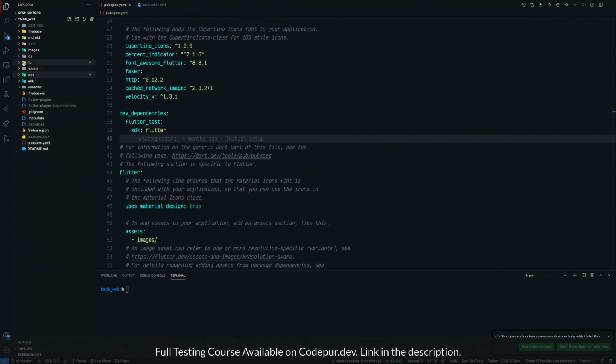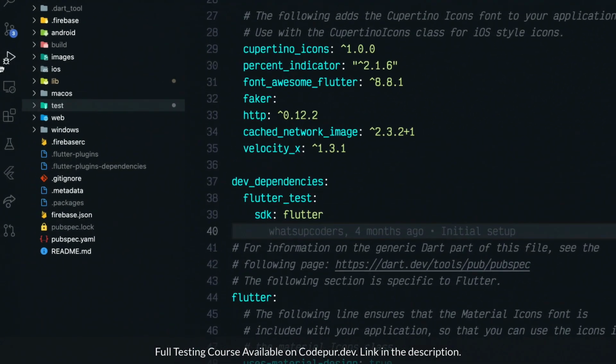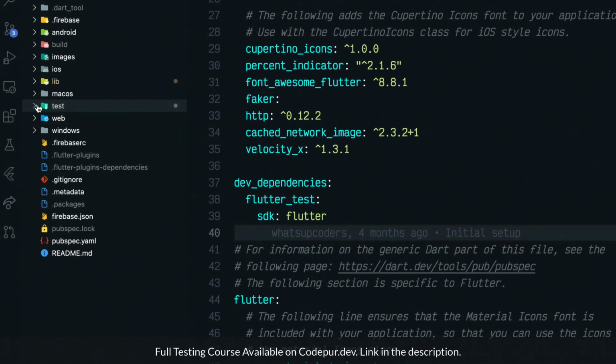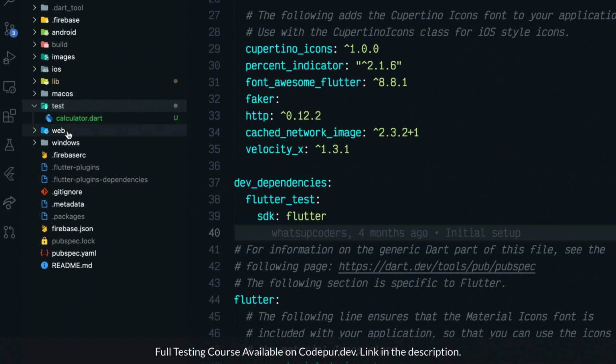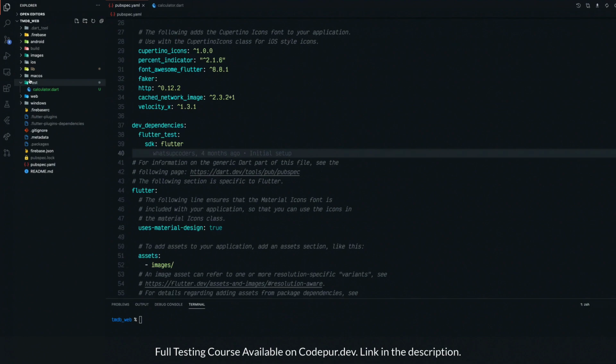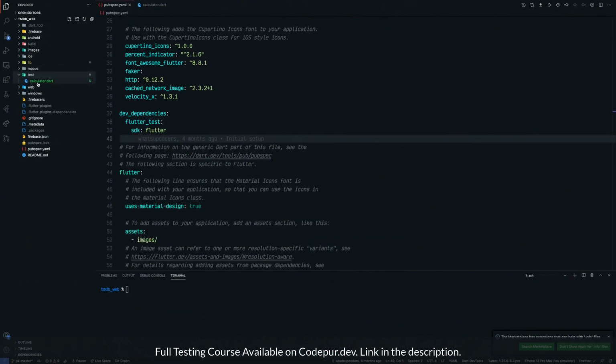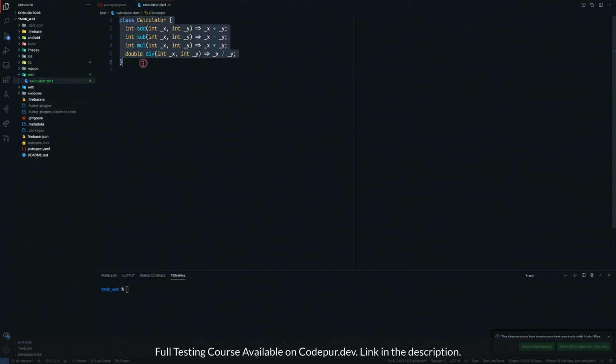Now when you have to test, you have to make sure of something. If you are using the regular template, then you will get this test folder. Otherwise, ideally you should create this test folder, although the name can be different as well, but I would suggest you have a test folder, and here you will write all your test cases or whatever you want to do with testing. Right now you can see there's a file called calculator.dart. It is a very common example, so that's why I'm using it. Calculator has 4 different methods: addition, subtraction, multiplication, and division, which we will go into in detail.